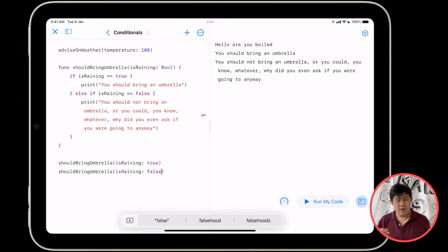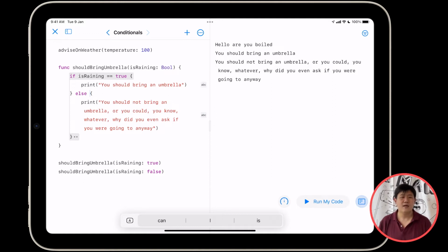Now, there's a bit of optimization that we can do with this code. First, over here, if and else if, notice that we don't have an else, and that's perfectly fine. You could have conditions where it's just if and else if, two possible conditions that you want to evaluate. In this case though, a boolean can only be true or false. So you don't actually need this second condition over here, that's else if isRaining equals false, because if it's not true, it's got to be false. So this one could just be else.